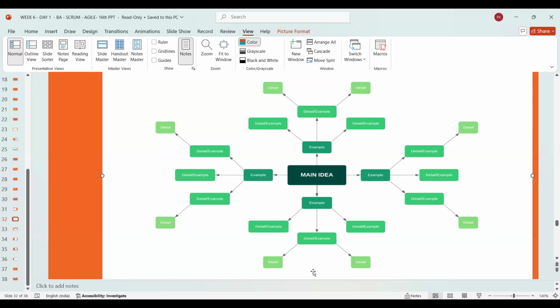Or if not this example, if you want to travel, say a long vacation or an international vacation, where do you want to go? Do you want to go to Europe, India, explore the US, or visit Australia? And again, in Europe, you want to see Italy, or go here and there. So imagine, it's basically one thought or one idea sprouting more ideas, and that is how you grow it.